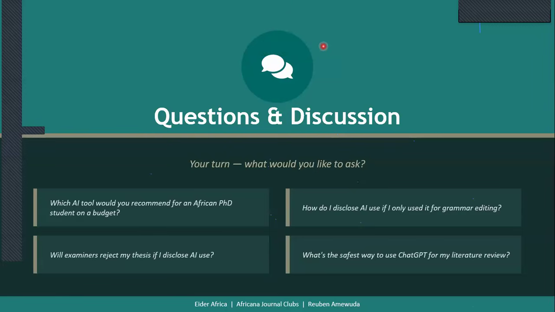But on detection, the answer is yes, they'll detect it. When you upload that particular Word document to Turnitin, Turnitin will detect that AI was used. One practical example is Grammarly. Grammarly Premium is now AI-powered. They put some AI in it, so Grammarly will write some sections of the paper. And when you upload that paper to Turnitin, it will flag it as AI generated. It has been happening to me a lot. So these days, I don't even use the premium. Sometimes I fear to even use